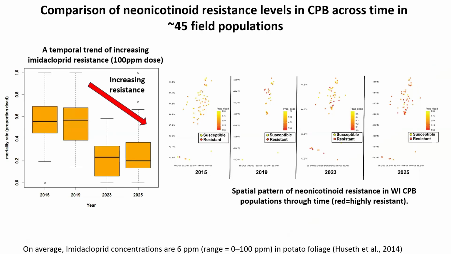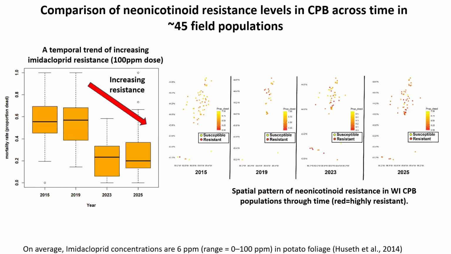You can see on the left, this is a measure of mortality. So a higher mortality means they're less resistant, and lower mortality means they're very, very resistant. Over time, across populations of Wisconsin, they become more and more resistant. So we've tracked that through time, and this is a spatial map of that. We've gone back to the same fields or nearby fields to sample through time, and you can see the spatial pattern there. So we're trying to measure in space and through time how that resistance phenotype is evolving,